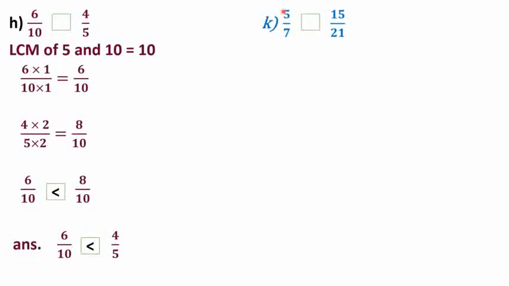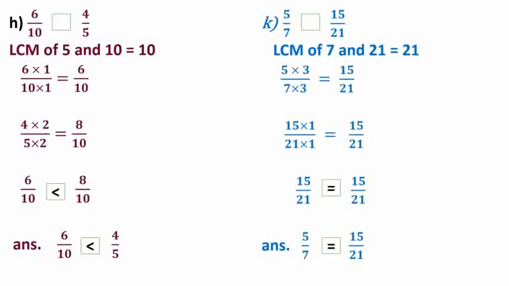Next question is 5 by 7 and 15 by 21. The same way we will do it here also, children. You can see we find the LCM. LCM of the denominators is 21. Then we will make them like fractions and find the equivalent fractions. So 5 by 7, when we multiply it by 3, we get 15 by 21. And 15 by 21 when we multiply it by 1 only, we'll get 15 by 21. Now both the fractions are like fractions, so when we compare it is coming equal. So therefore 5 by 7 is equal to 15 by 21.